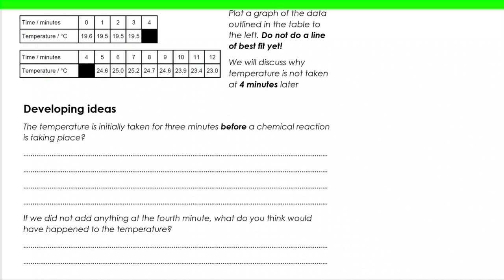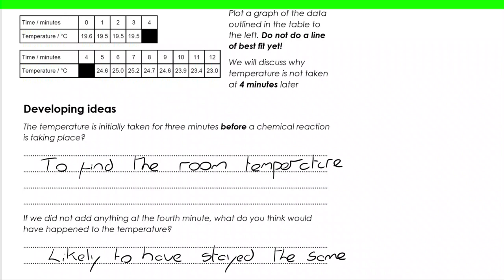So we initially take the temperature for 3 minutes before a chemical reaction has taken place. Why? Well, that's going to tell us what the room temperature is, because we're going to get a stable temperature for the liquid that's sat there in the calorimeter in the polystyrene cup. And it's reasonable to assume that if we did nothing at minute 4, if we didn't add the calcium chloride, it would likely have stayed the same,